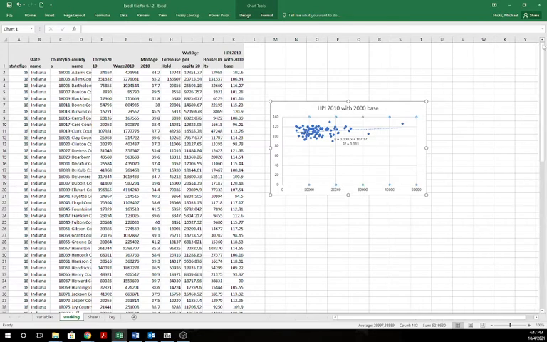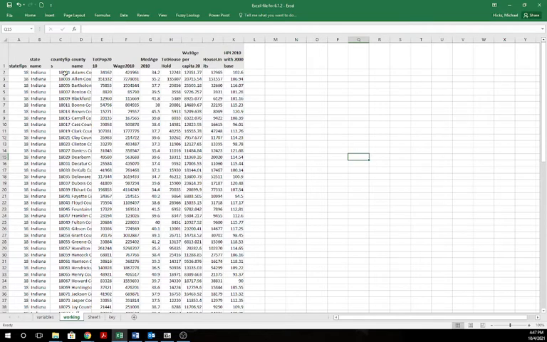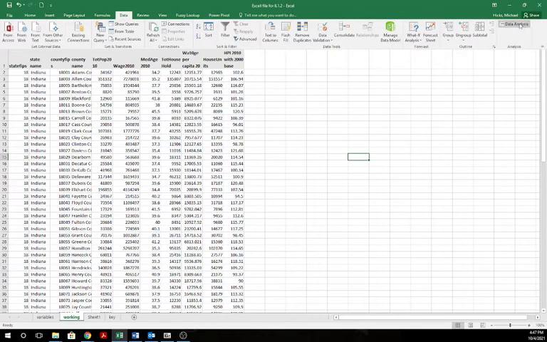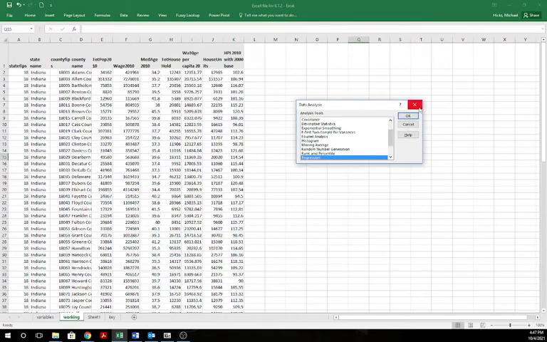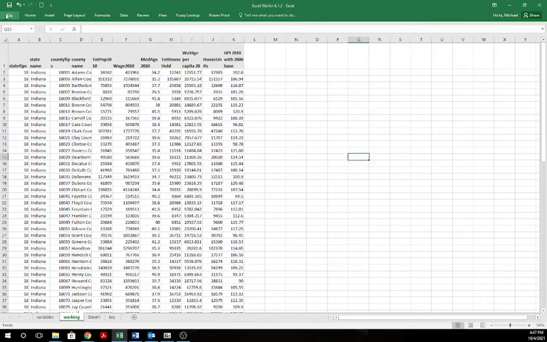And so what we might wish to do instead is to do a multiple regression. And let's look first at data here. We'll select data. We'll go to data analysis. And recall what I've asked you to do,